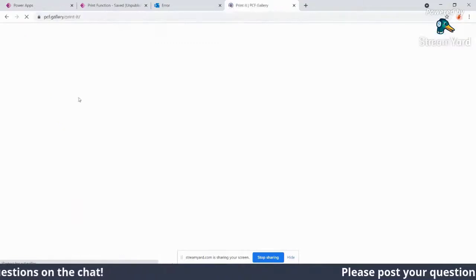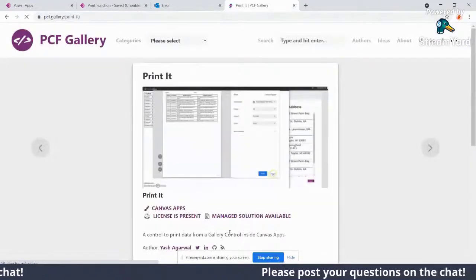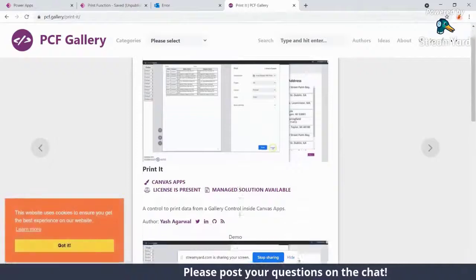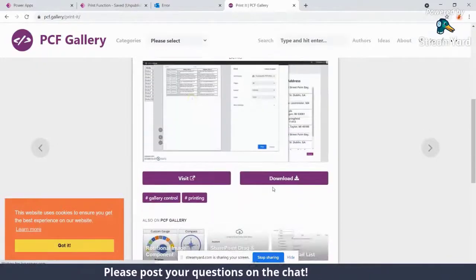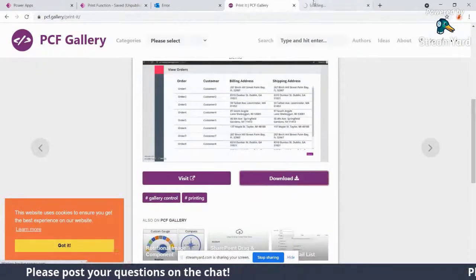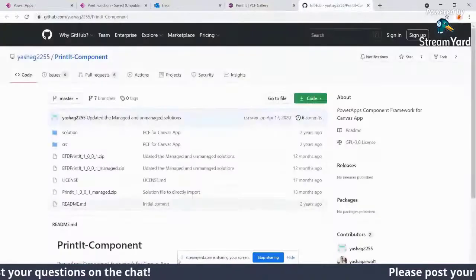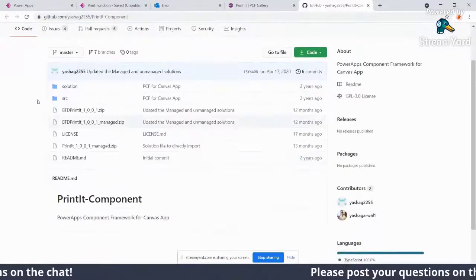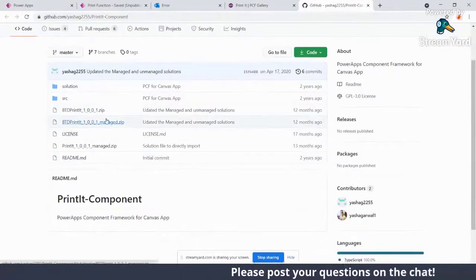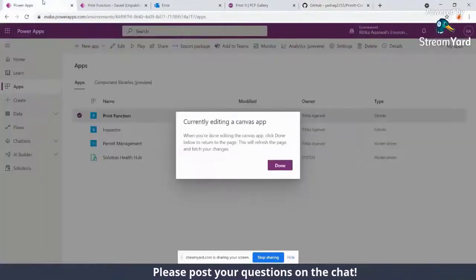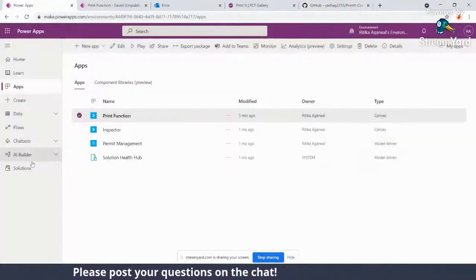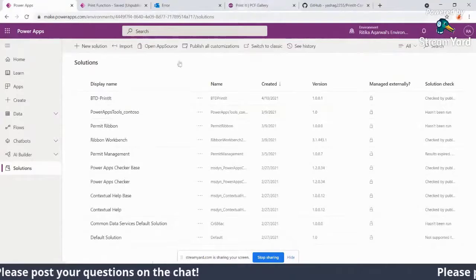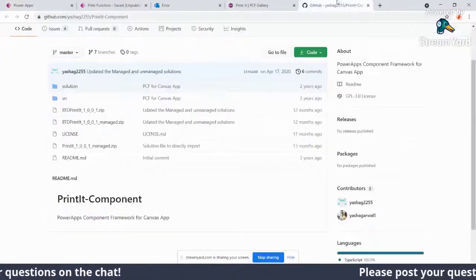So on the PCF gallery, this component is available, and if you want, you can download the managed solution as well. If you click on the download button, it will take you to the GitHub repository where the code components reside, and you can download this managed solution and import it as part of your other solutions as well. You can import it here directly.